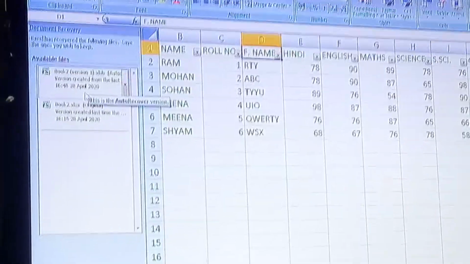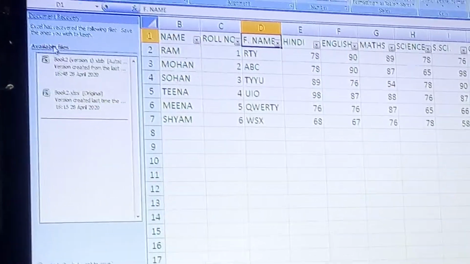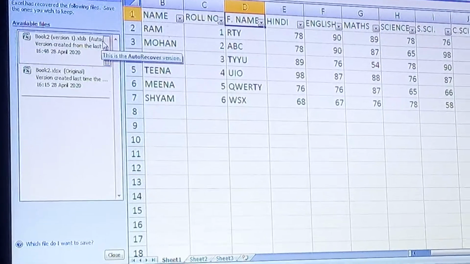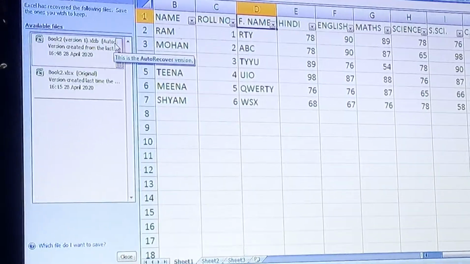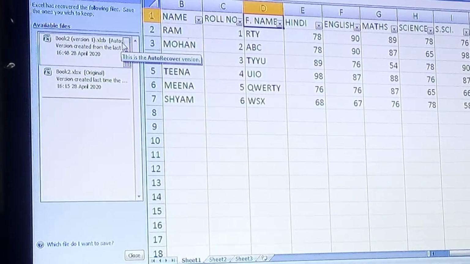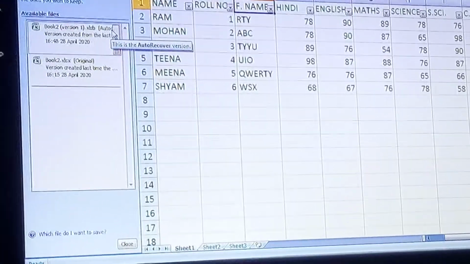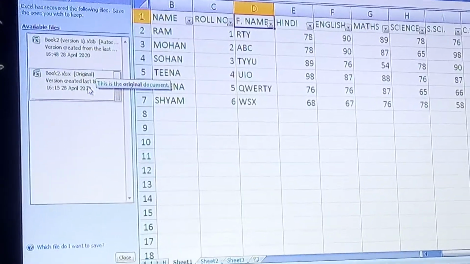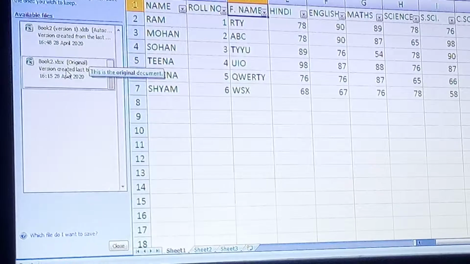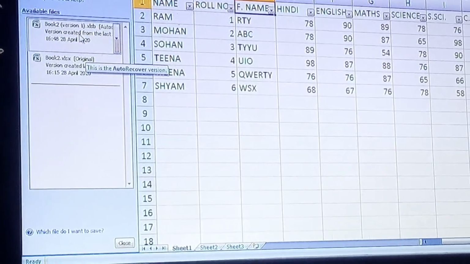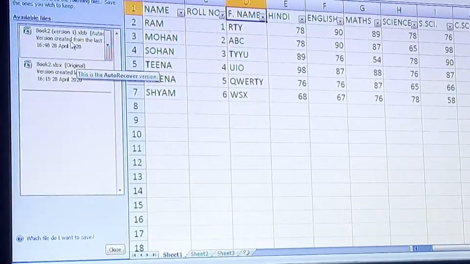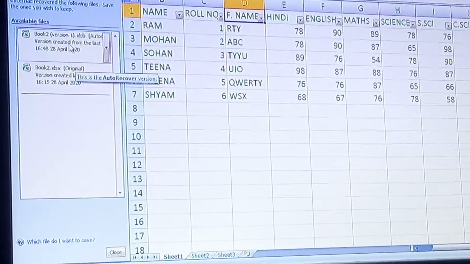Here it shows the available list, which are saved automatically by the system, known as the auto recover version, and it also shows the original one.